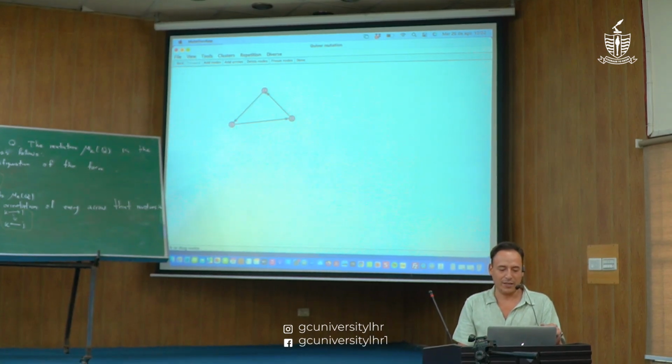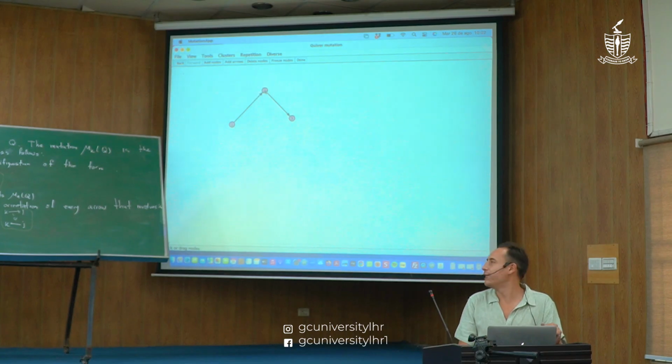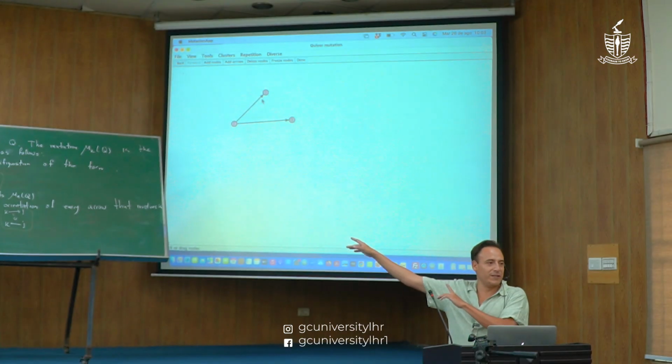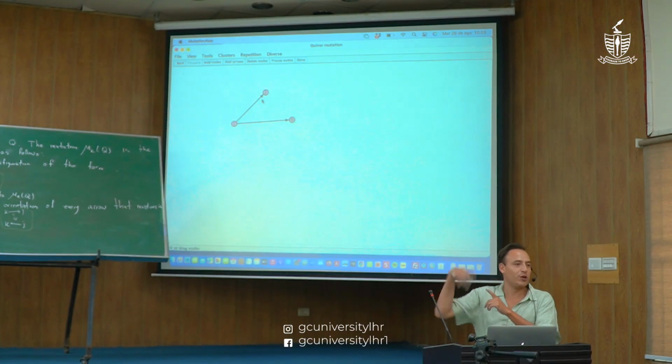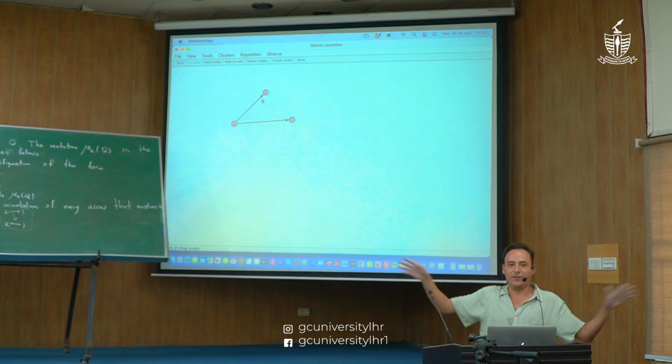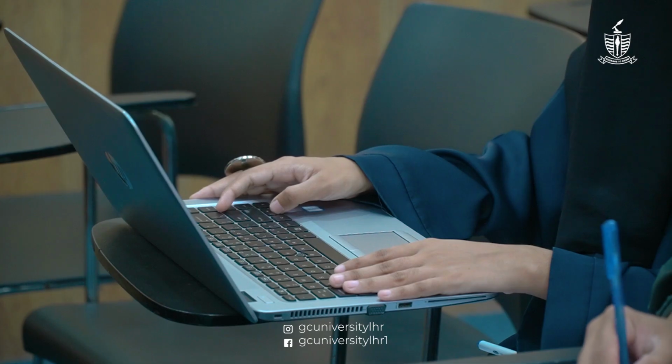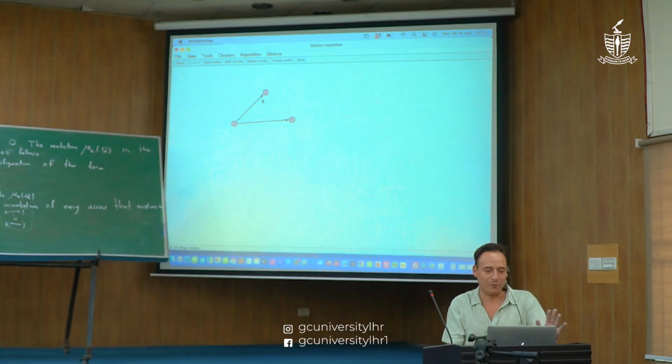I can start mutating by clicking, and here you see how we get the example we started with. Okay, and you can continue, and this gives you all the things you want. So you can iterate mutation. We're going to do that. Iterate mutation a lot. So we're going to perform this operation, and we're going to do it over again in all possible directions. Okay? So just to see that this is really a non-trivial operation, let me show